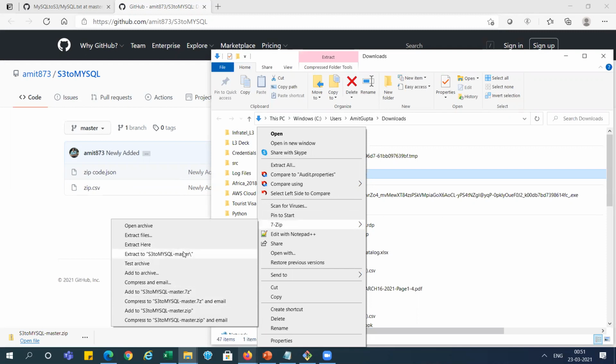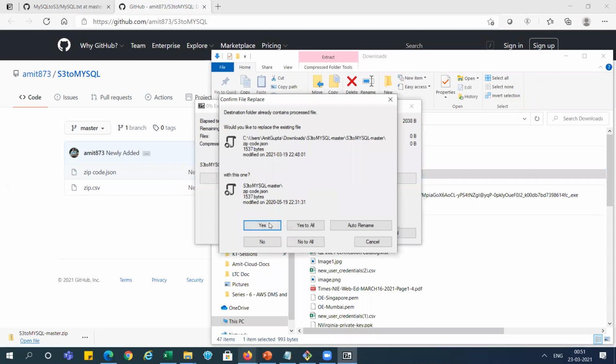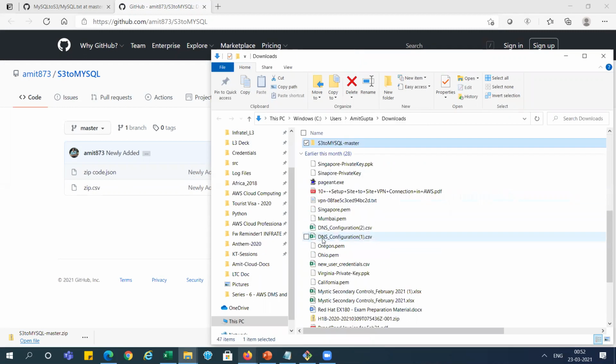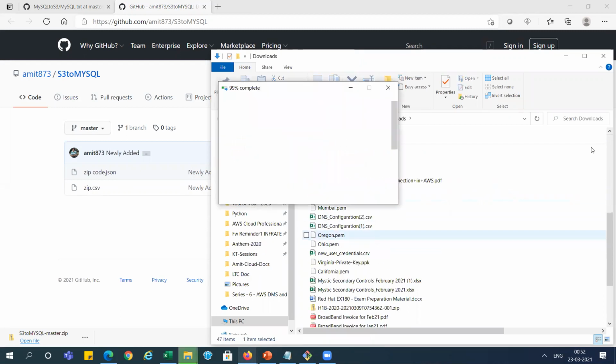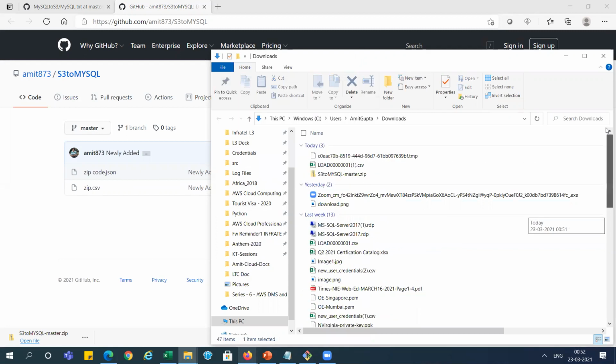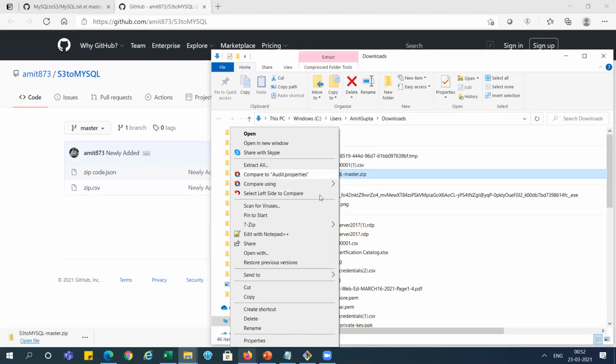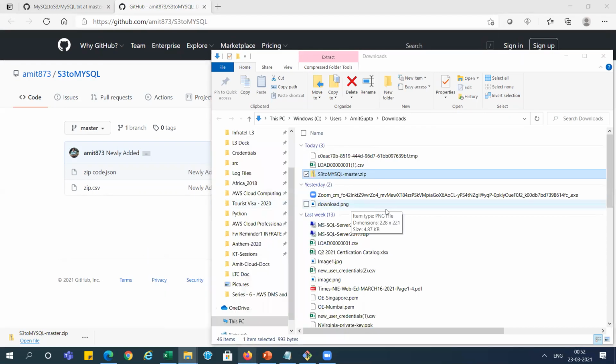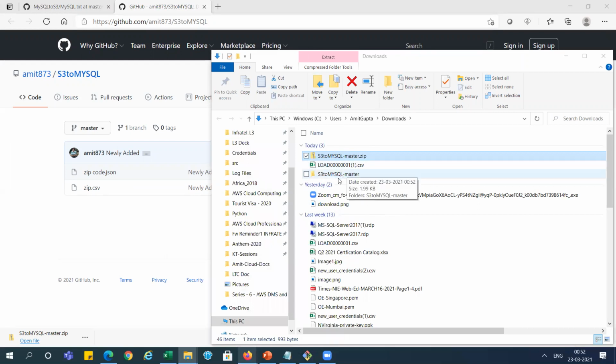Extract in the same folder. It seems we already have this folder, so let me delete the first folder. Okay, I have deleted that folder. So I am going to unzip here now, using 7-zip, unzip here in the same folder. You can see it is extracted here.